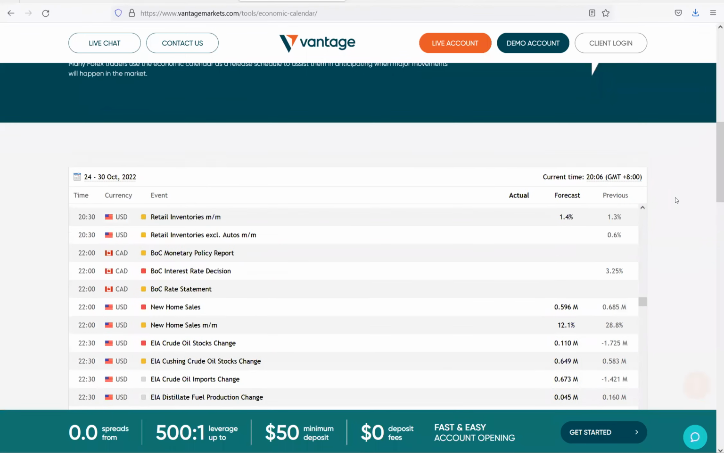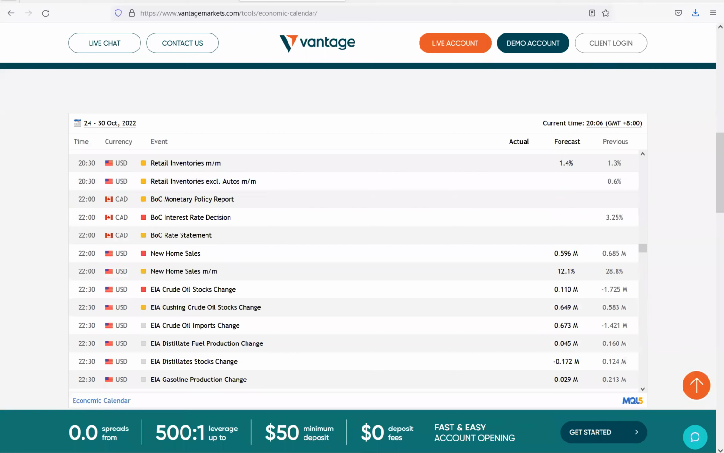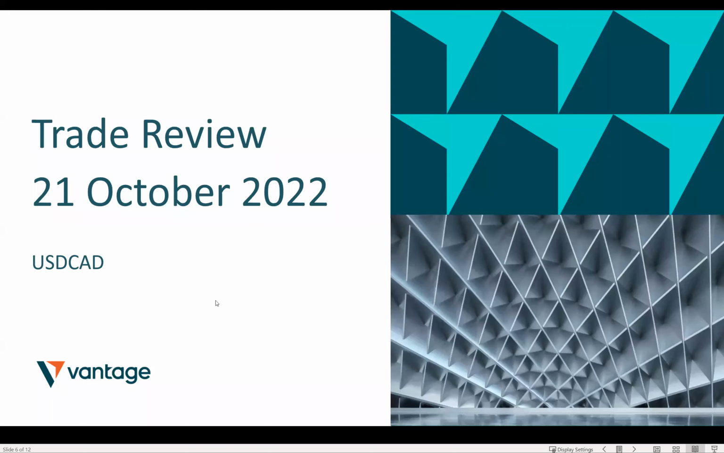So this is mainly on the economic calendar, right? I look mainly at the G7 currencies. In this case, it will be the dollar, the CAD, euro, pound, Australian dollar, as well as the New Zealand dollar and the yen. Now that we have taken a look at the economic calendar, let's take a look at the dollar CAD setup that we have